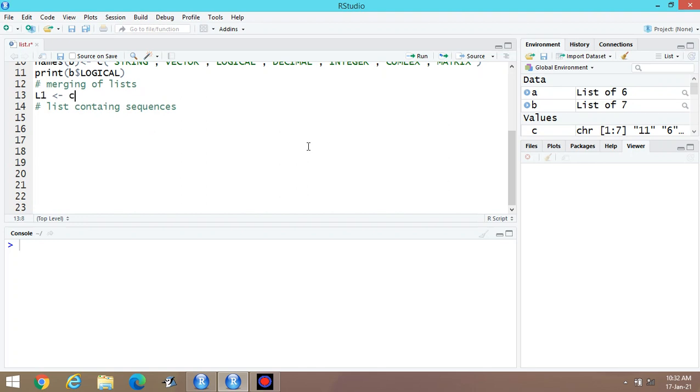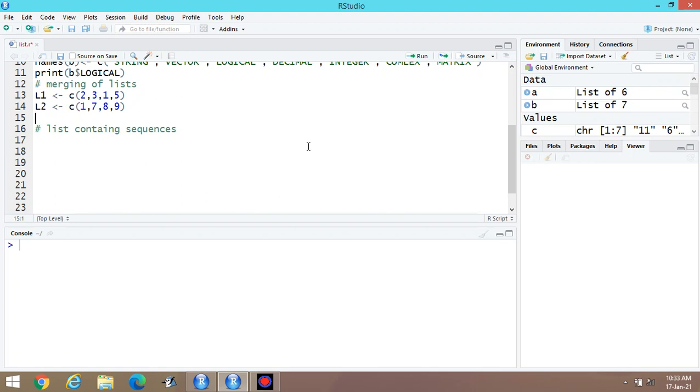First list comprise of some elements 2, 3, 1, 5. Then second list comprise of another set of elements 1, 7, 8, and 9. Suppose we have to merge these two lists.